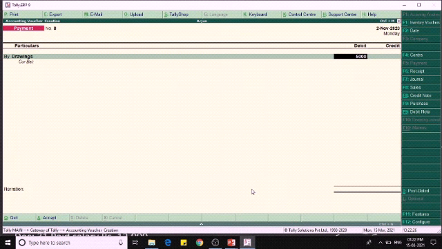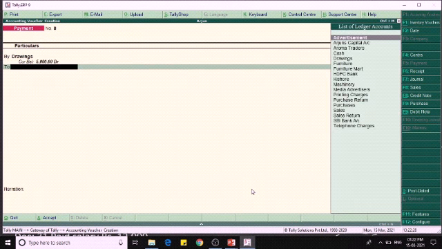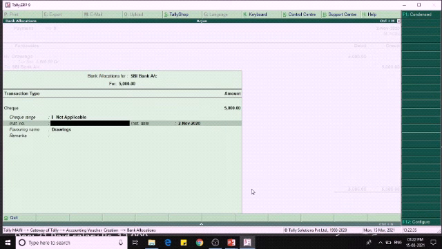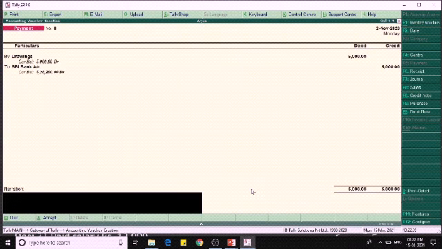So this we have to debit 5,000 to SBI bank. Being cash withdraw from bank for personal use.